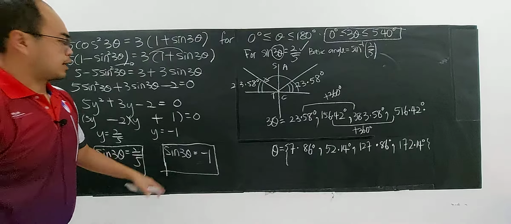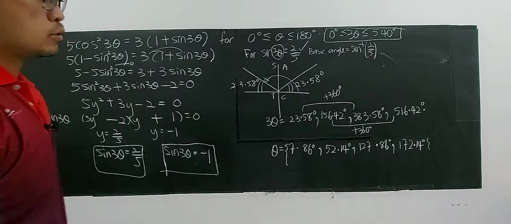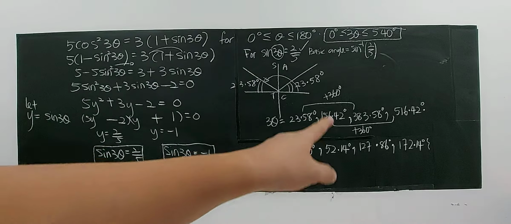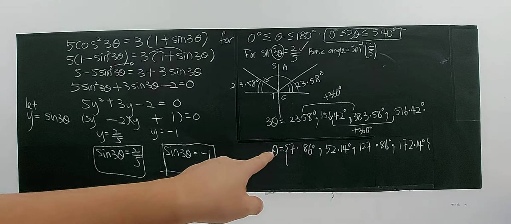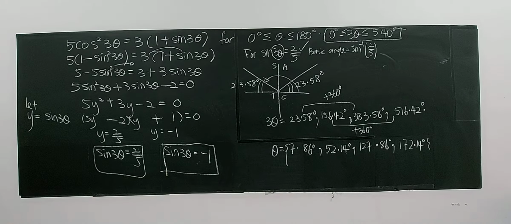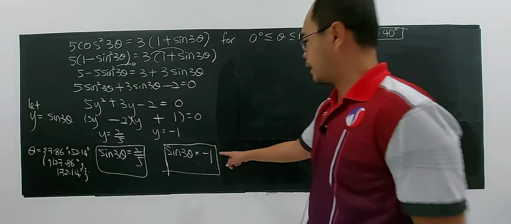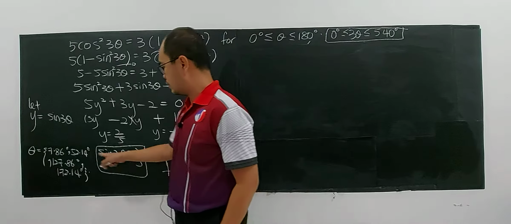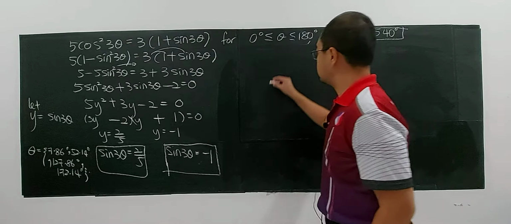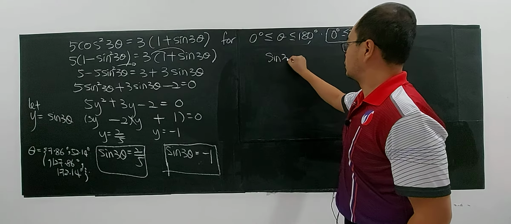So now I'm going to erase this part here. So you jot down the solution, and later I want to solve this one for you. Alright. There we solve for the second case. For the first case, this is all the solution, and for the second case, we have sine 3 theta equals